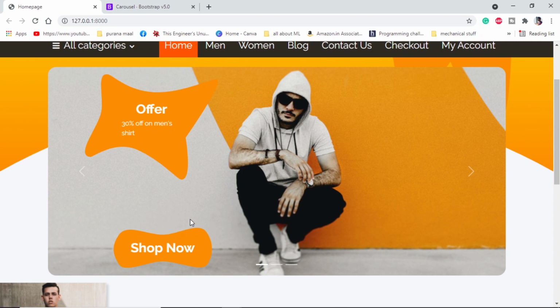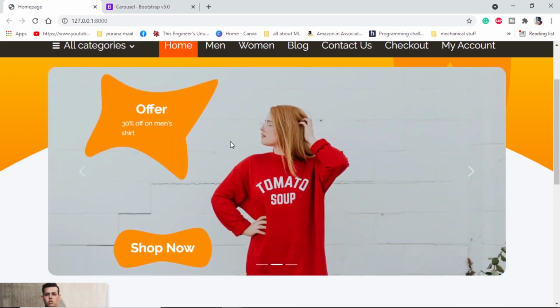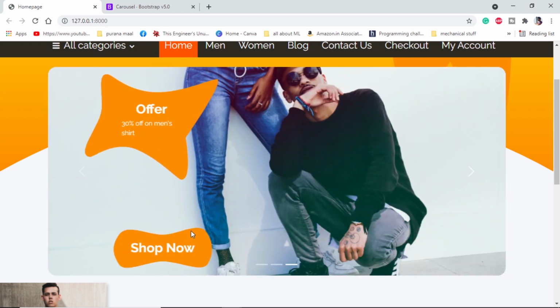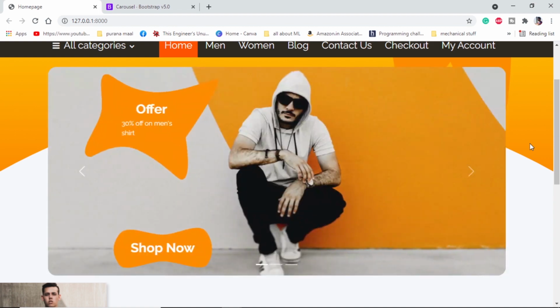Let me add this in the other two images and show you. After adding the HTML to the other two images, if we refresh and go to the next image, we can see we have the same splashes on this image also, and also on the last image, and the image quality is also good since we have used object-fit as cover. So this is how we can use UI design, HTML, CSS and Bootstrap to get a good looking carousel section or offer section.